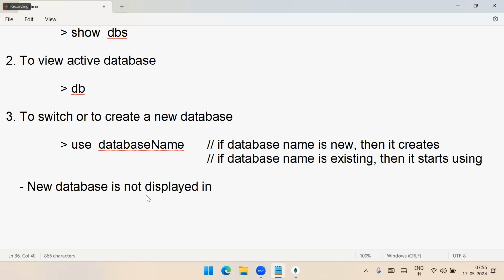In a list, until or unless it has some collections, it is not going to show in the list. So we just created a database. After creating the database,